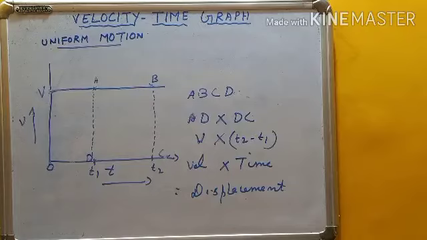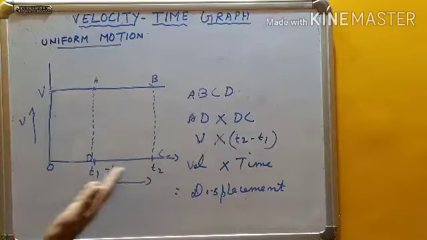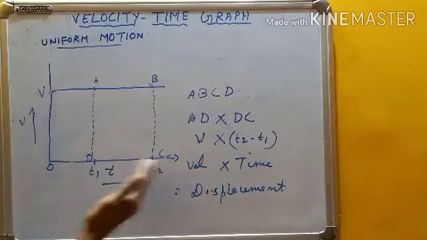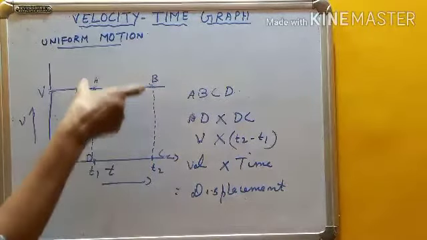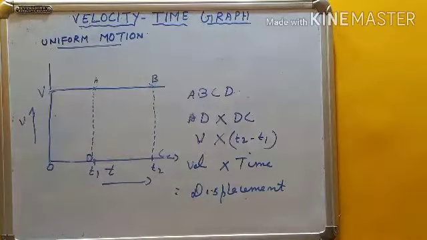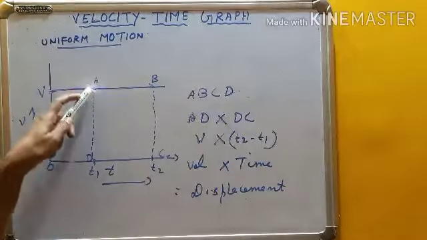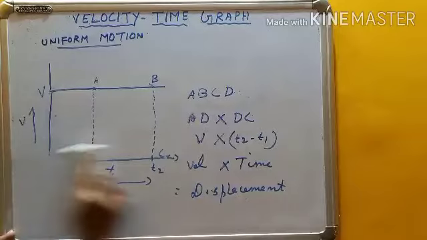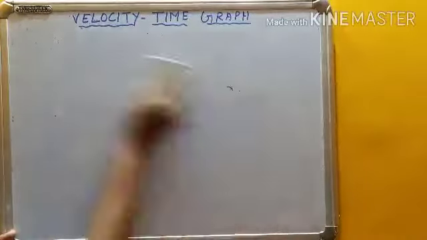One important point, children: under uniform motion, in the first case, the area under the VT graph, the velocity time graph, gives the displacement of the object in the given time interval. You can take any time interval. Here we considered T1 and T2, and within T2 minus T1 we took the area under that graph, and that gave the displacement of the body. From time T1 to T2, if you have to calculate the displacement of the body, calculate the area under this VT graph. Hope it is clear for you. That is the first case, children.